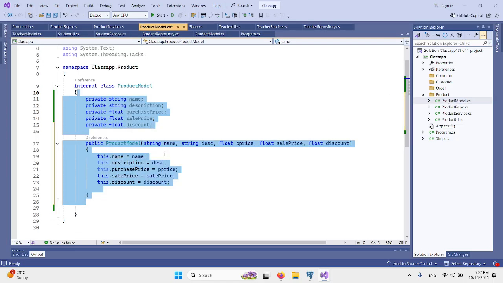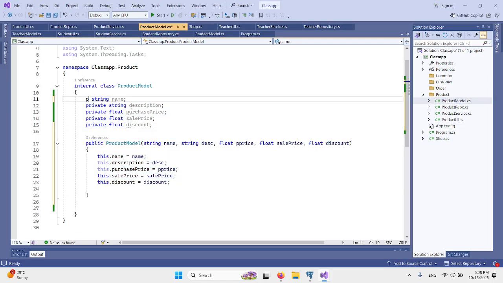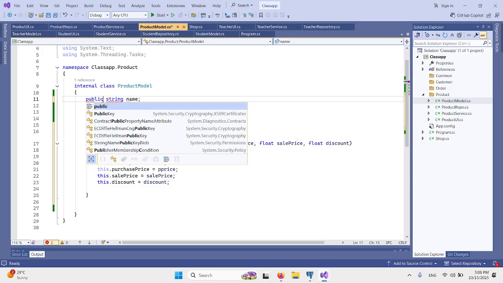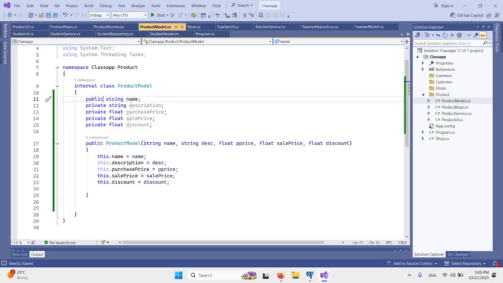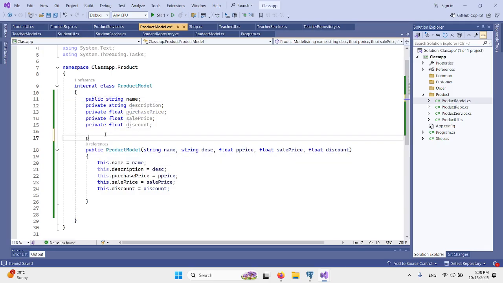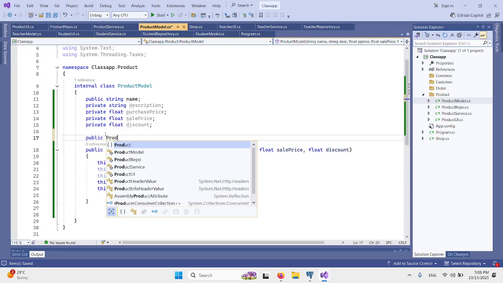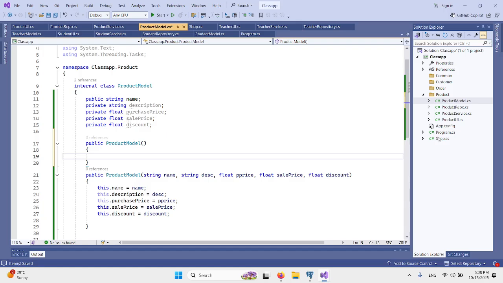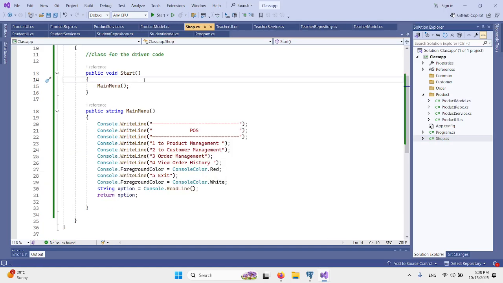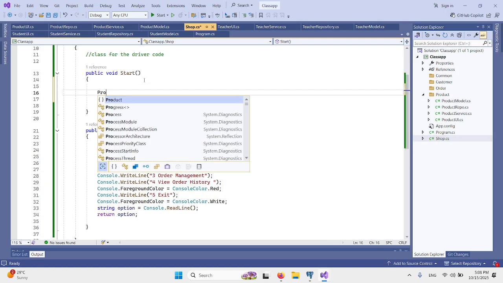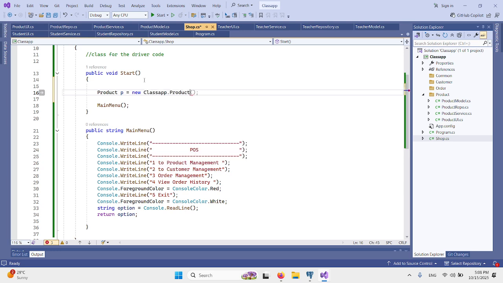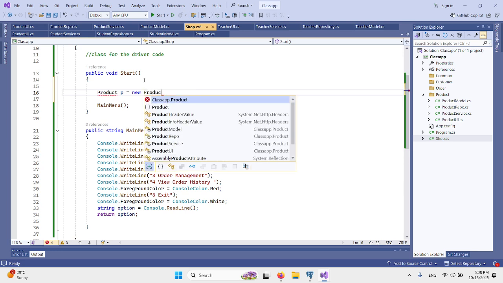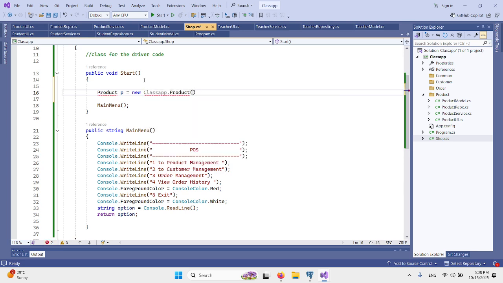For example, one of the variables is public, and I also make a default constructor, product model. Now let me show you. In the shop, I make a product class constructor object. Right now I'm not able to create the object.